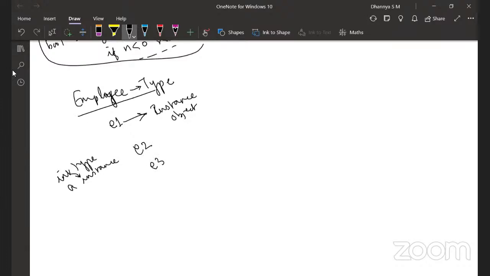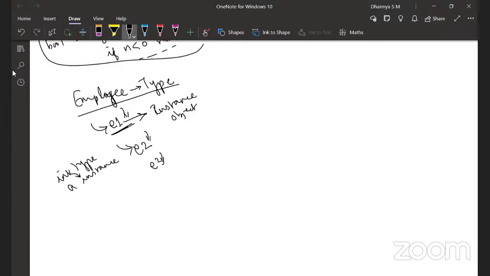But this employee is a type which has a set of data types, methods, everything, which is there for each of these employees. It will have the name, date of birth, employee ID, everything, but the actual values will be different for each object. This is clear? This is the idea of type and instance. Employee is the type, which is like a template.